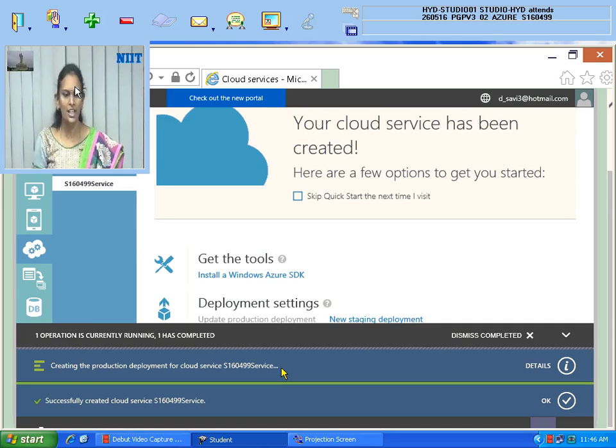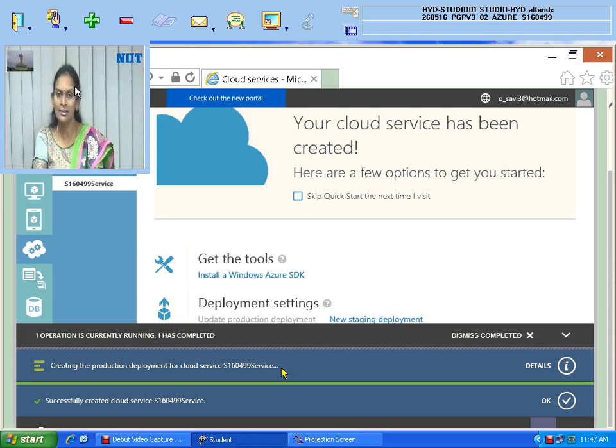Once it is finished, it will tell that it is finished and it will show the URL. That URL, in our console application or web application or Windows, anywhere I can attach and access this service. That is the advantage of this URL. I will share it with you people also in your computer.